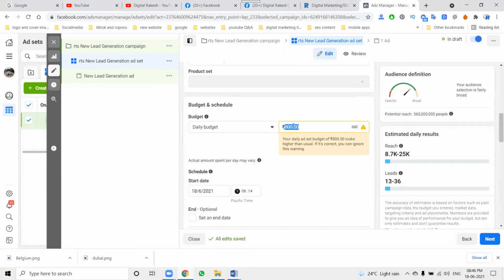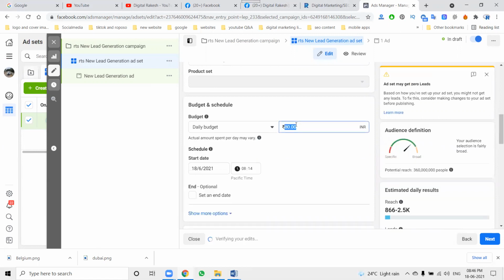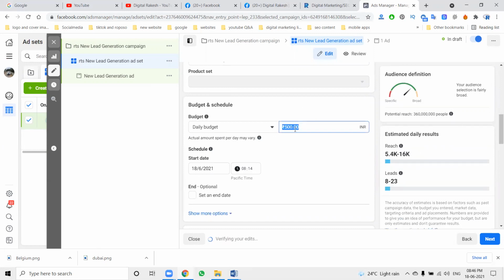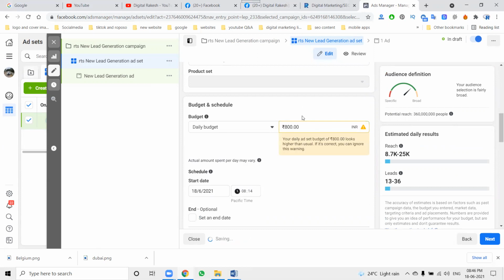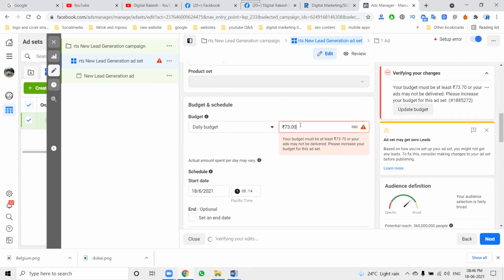Next, budget. We can go with a budget of 80 rupees, which is also fine, or 450. Here I'm giving 800. See, this daily ad target budget of 800 looks higher than usual. So we can go with the minimum, starting from 73.70 paise.